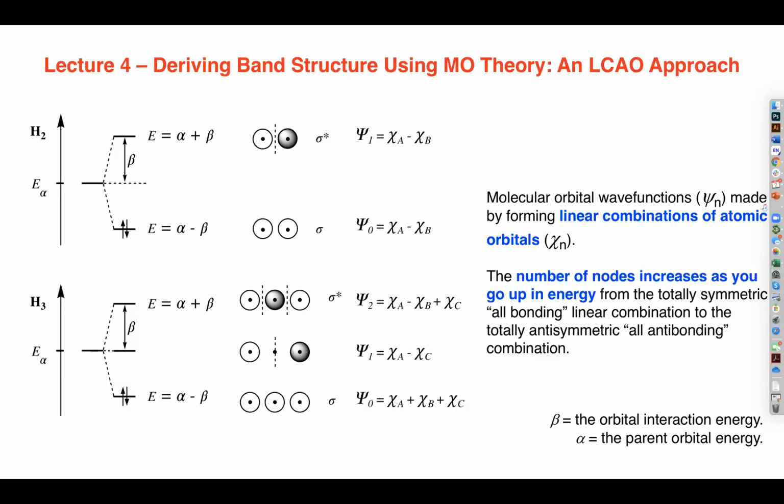Anyway, the most important thing is that the linear combination here, as you go from bottom to top, increases the number of nodes. The lowest energy one is the totally symmetric combination, and the highest energy one is the totally anti-symmetric or totally anti-bonding combination. And this middle one here is non-bonding, or approximately non-bonding. Okay, so